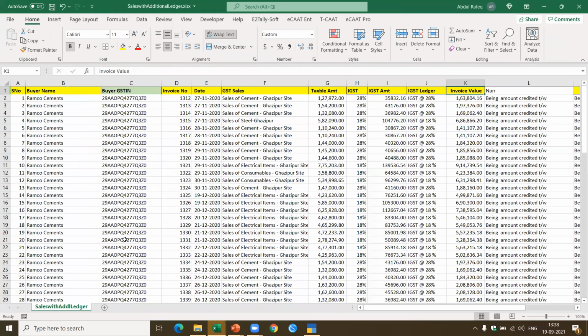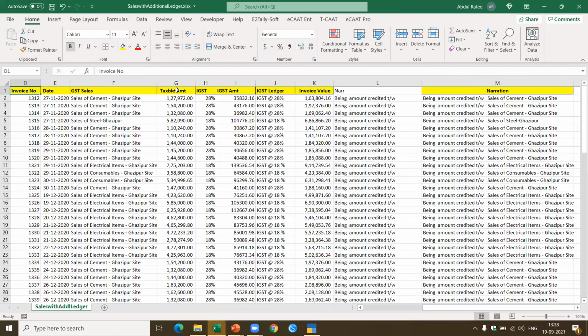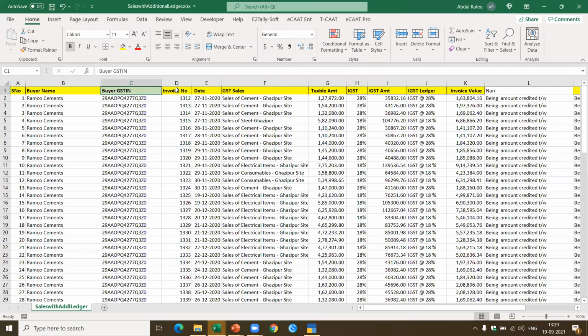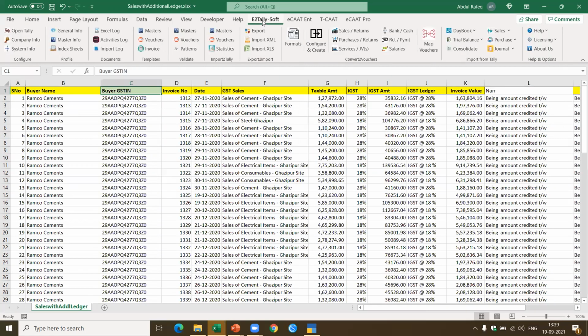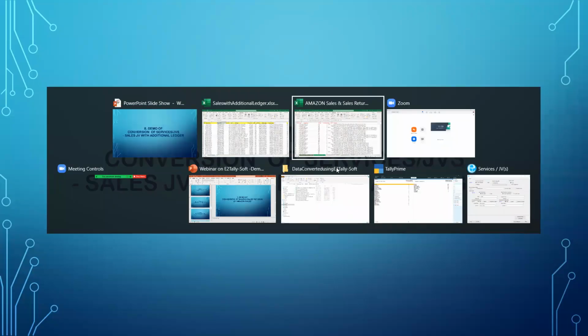I already have the sample data here. Now if you see here, the same sales data which I had earlier, I'm going to convert this. Now there is an additional ledger option which I'm going to use. Using the JV option, I'm going to convert this. Now in JV, if you see the difference, let me show you a quick demo and let's see how it can be converted. Now I'm going to use the services JV. The important thing to remember here is,